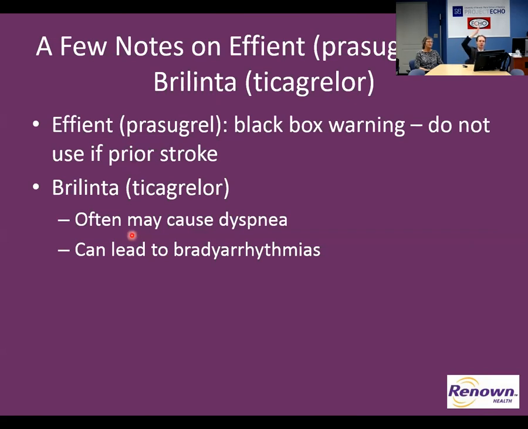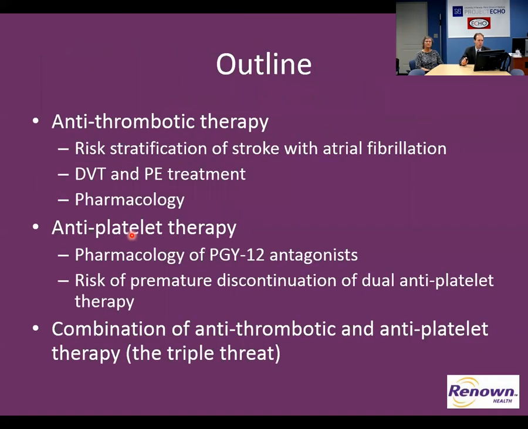And remember that the first 1 to 3 months of their time on those medicines is the critical time. So if you can keep them on it for 3 months and then switch them, that's ideal. If you can't, then you have to do the right thing by the patient, and a slightly better risk of stent thrombosis is not worth the 15 times higher risk of stent thrombosis that you would see if they're just off of any medicine. So you've got to choose the lesser of evils sometimes.